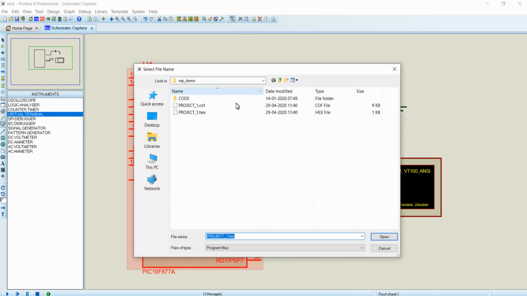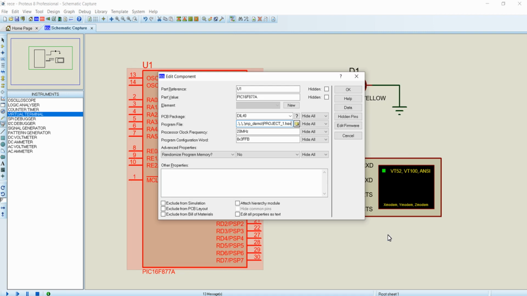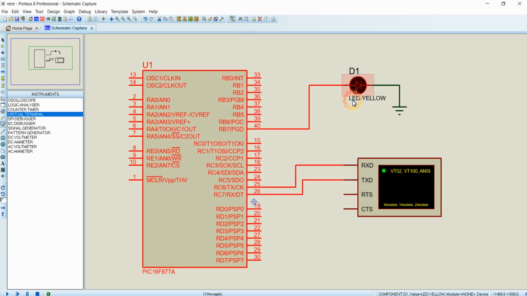Go to the respective project folder, click on this hex file and then click on open. After loading the program, change the crystal oscillator frequency, that is the processor clock frequency, to 20 MHz, as we assumed 20 MHz as the system clock while calculating the baud rate for communication. And after that, click on OK.